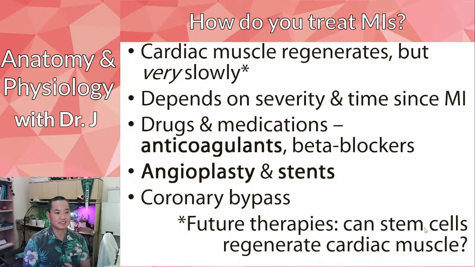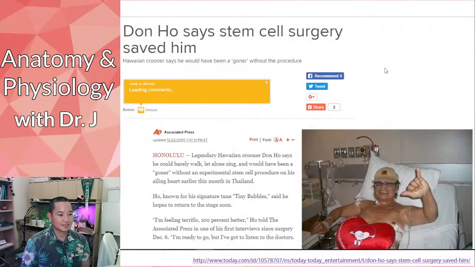Now, one of this is okay, because the cardiac muscle regenerates slowly, can we use something like stem cells to help regenerate healthy cardiac muscle? And has it been almost 16, 17 years? But yeah, Don Ho, there's statues of him. If you know, ask your parents or grandparents, they might know who Don Ho is. He had stem cell surgery, and I think he actually had to go out